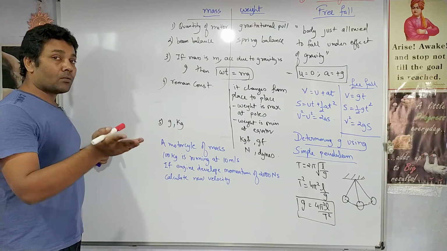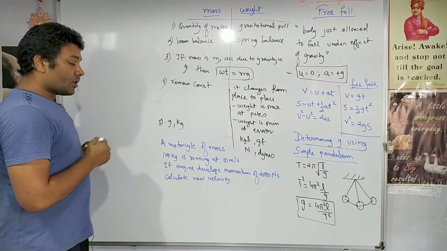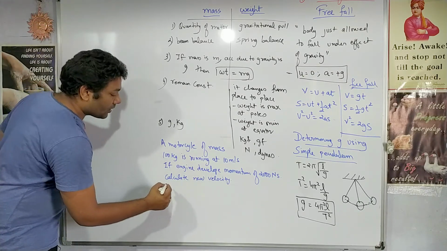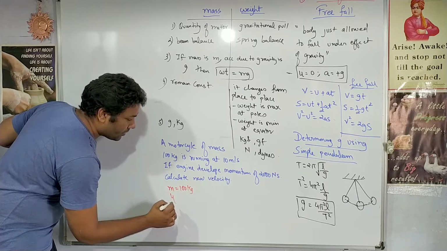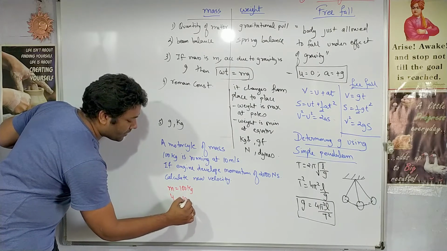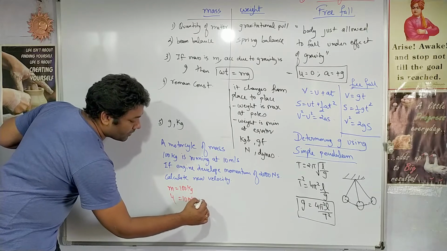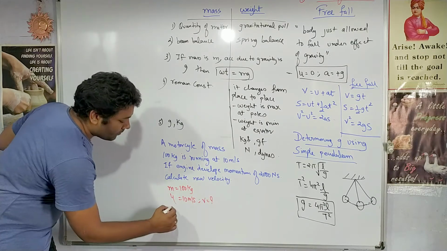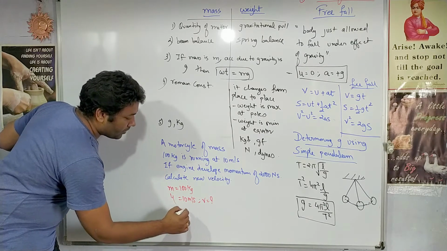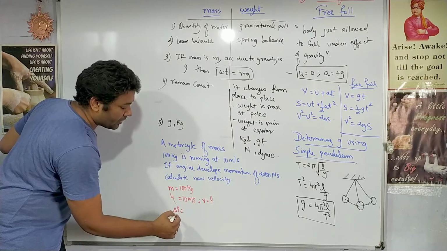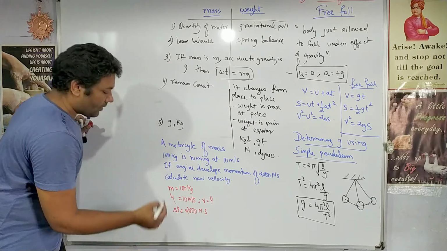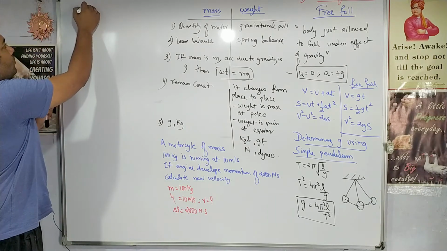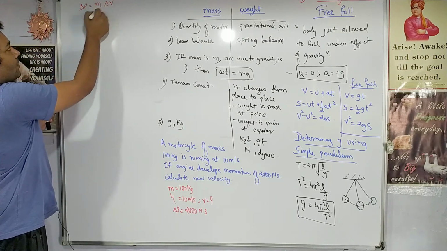Velocity is changing, so change in velocity is nothing but change in momentum. We'll write down first the given data. Mass is given as 100 kg. Initial velocity u is given as 10 meters per second. Final velocity is to be calculated, right? And the change in momentum is given, that the engine develops momentum, so that is change in momentum, right? 2000 Newton second.